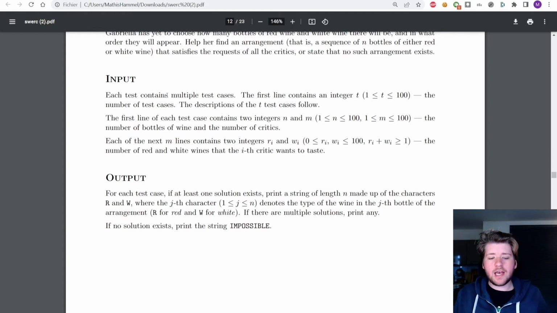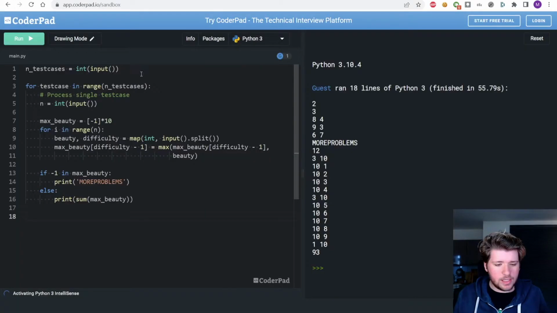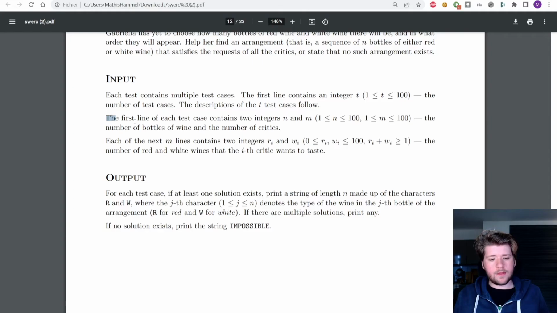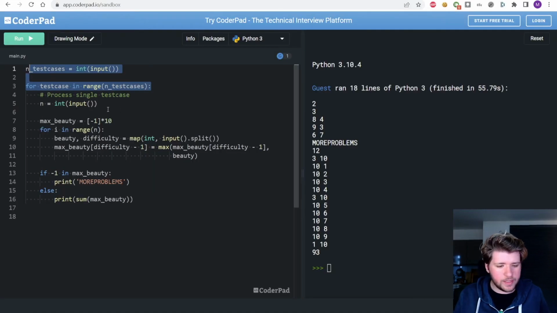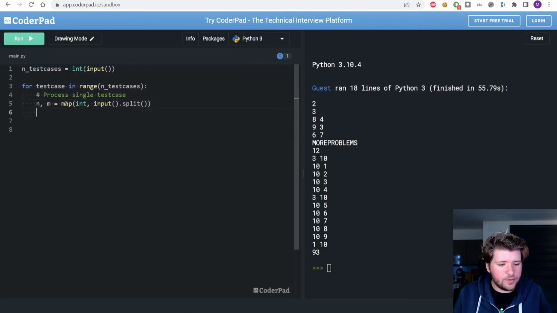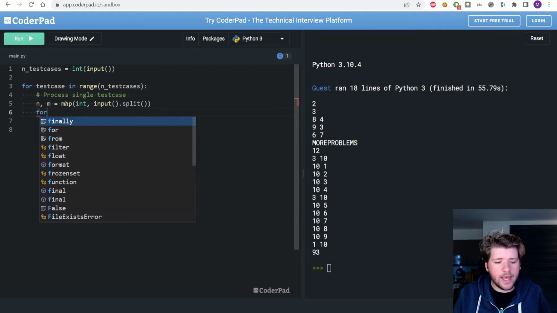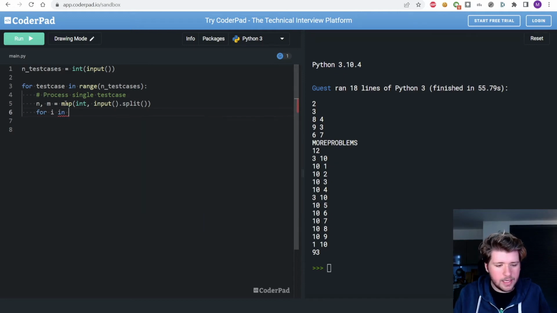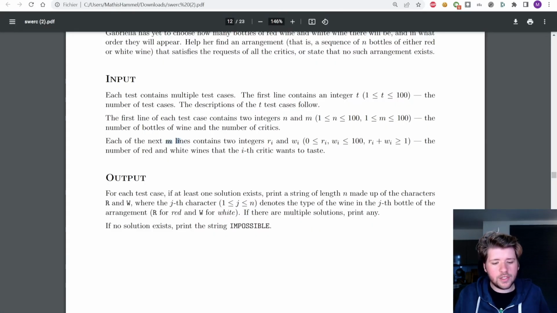Here we again have multiple test cases, so we can keep the same loop as before. Then the first line of each test case will give us the number of bottles that we need to put in the line and the number of critics. So those are 2 variables, n and m. So I'll read those 2 integers. Then I loop over m. So for i in range of m, for each critic, so for each of the m lines, we will read 2 integers,